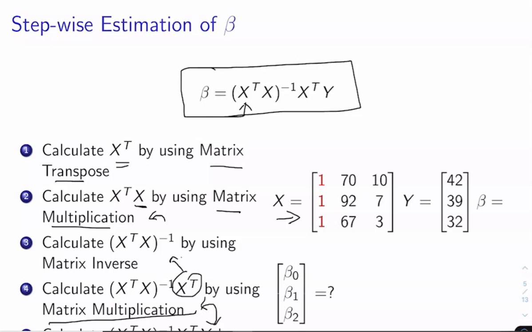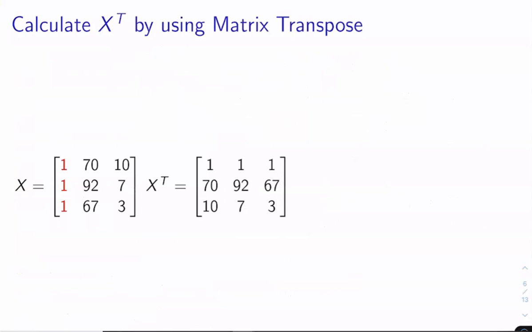So in these steps we are going to perform the calculation. This x represents our input vectors, and this y represents the output vector. This formula requires 2 inputs, x and y, which represent the input vectors and the output vectors. And the output of this calculation is the values of beta 0, beta 1 and beta 2. Now this is our input vector, that is x.